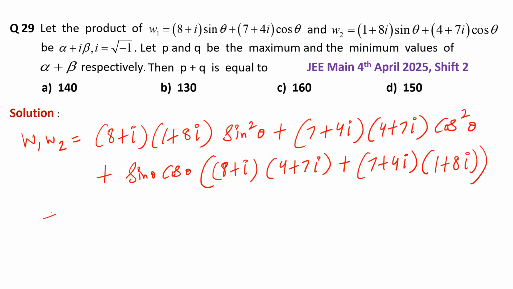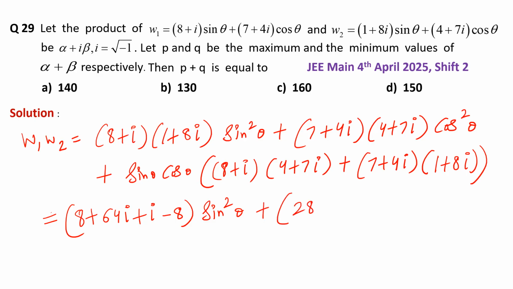Now students, let's simplify this expression. It becomes (8 + 64i + i + 8i², which is just minus 8) into sin²θ, and then we have plus (28 + 49i + 16i + 28i², which is minus 28) into cos²θ,